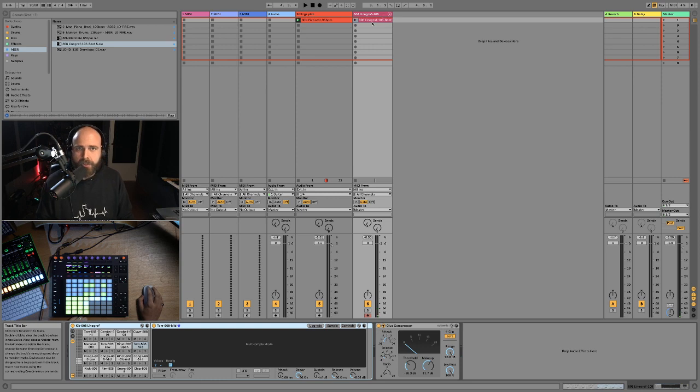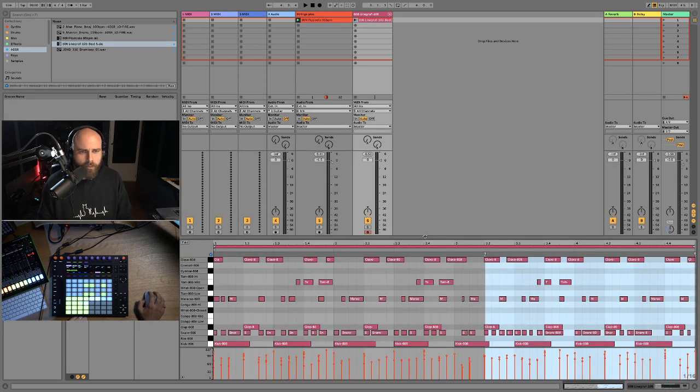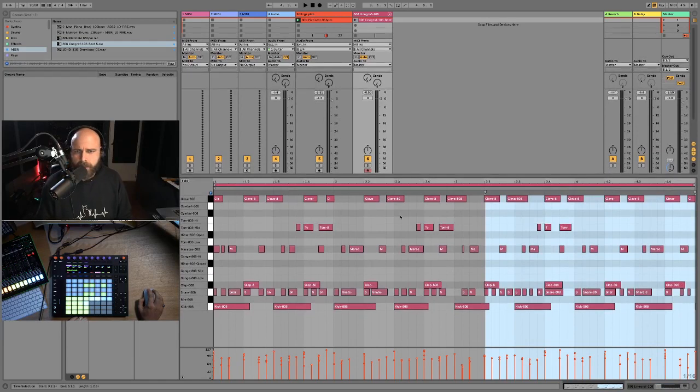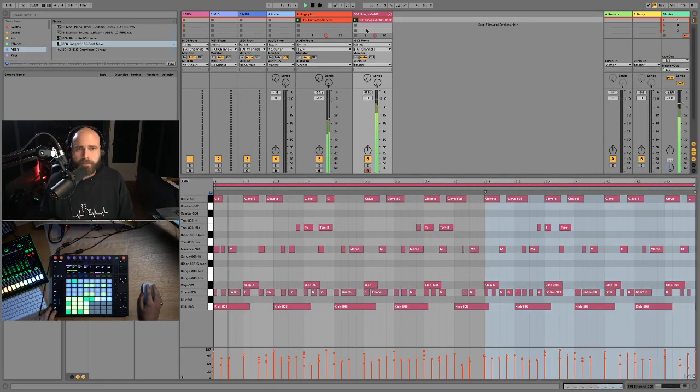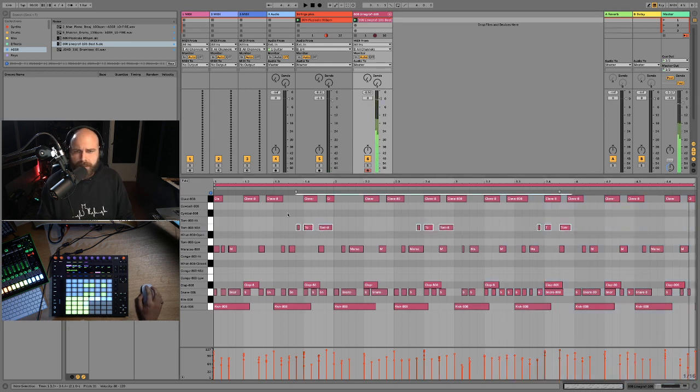But if we go back up into our clip here, I'll open this up nice and big so you can see what's going on. We'll play this clip along. Now we have the freedom to do whatever we want here. This is just a starting point. So these toms, I'm not really agreeing with that because it's a pitchy sound and I don't really like that pitch. So I'm just going to move these down or up. No. Maybe just some more hi-hats.